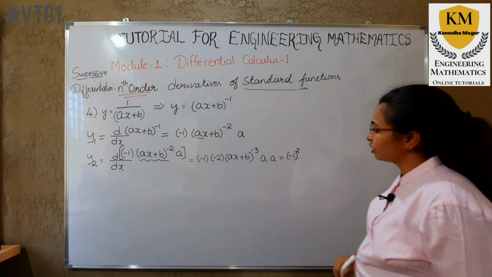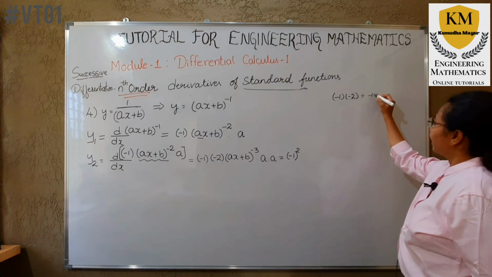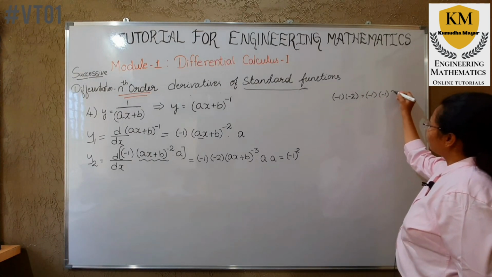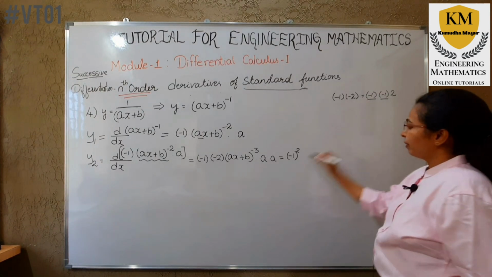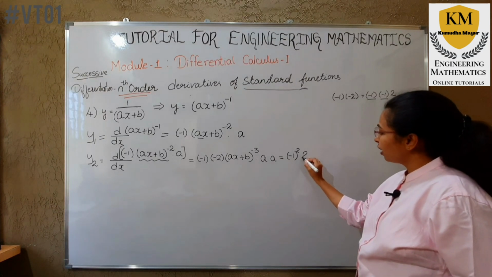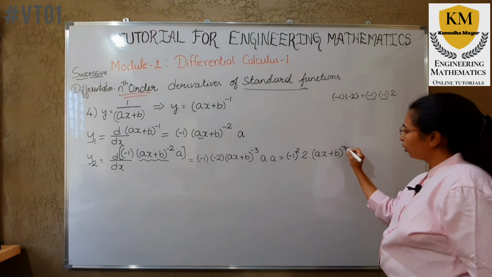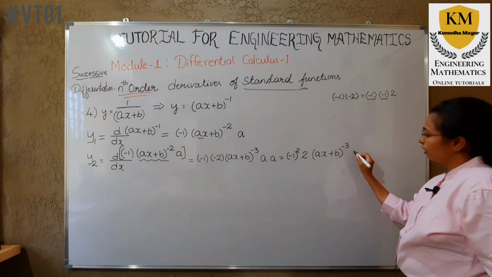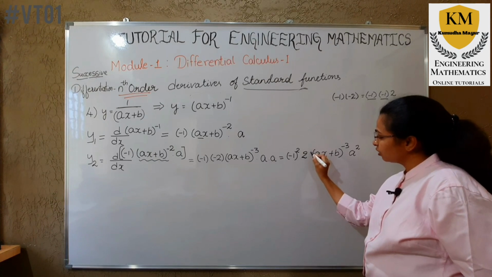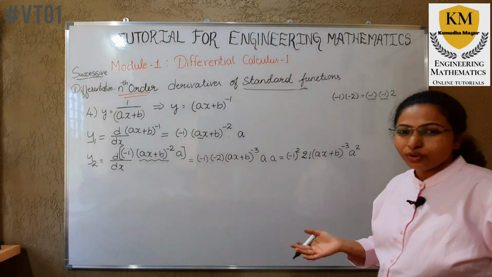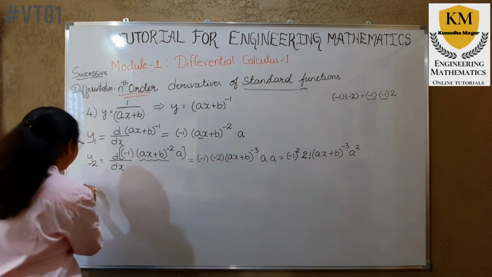How did I write this as minus 1 whole square? You see, minus 1 into minus 2 is there. I'll just write this minus 2 as minus 1 into 2. Is there anything wrong if I write it like this? To the best of my knowledge, no. So this minus 1 and minus 1 makes you minus 1 whole square. Now that plus 2 I'll write as it is. And further things I'll just write as it is, (ax plus b) to the power minus 3 into a, that gives you a square. So here in place of 2, let me write this as 2 factorial, because the 2 factorial also gives the same value called 2. So now let me go for the third derivative.